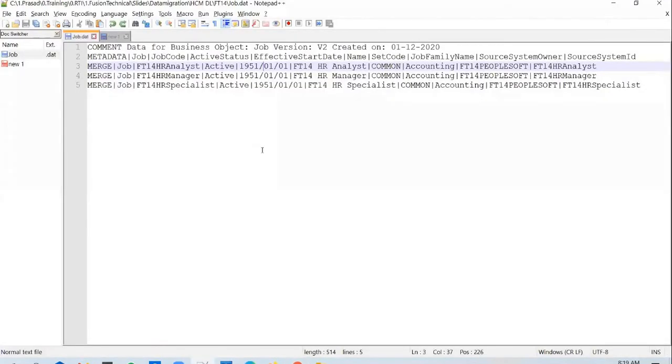You load in a file with 100 jobs. All of them have the same date format issue. So HCM data loader will try to load each job into the stage tables. And for each record, it will log the same error saying date format not correct. It will repeat the same message for 100 records.